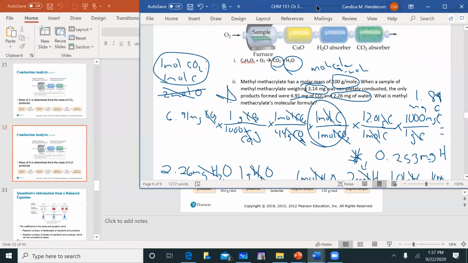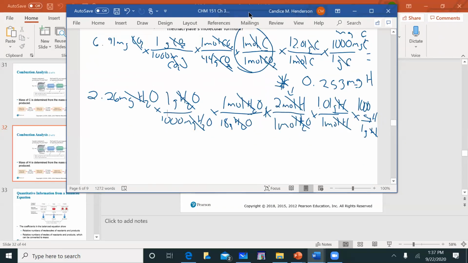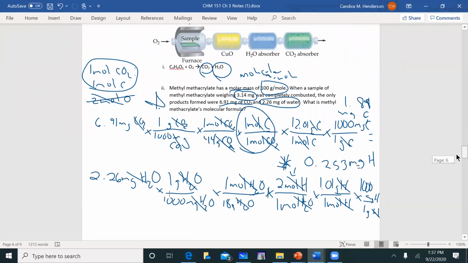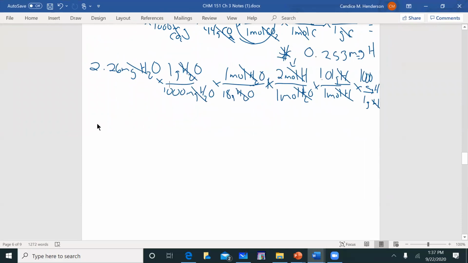So I have milligrams of hydrogen and I have milligrams of carbon. I need to figure out my milligrams of oxygen. Thank goodness, that is a little bit easier than the rest of them. We just take the mass of our original sample. So the mass of the original sample was 3.14 milligrams. And I'm just going to subtract my carbon, 1.89 milligrams, and my hydrogen, 0.253 milligrams. Okay, and what we end up with is